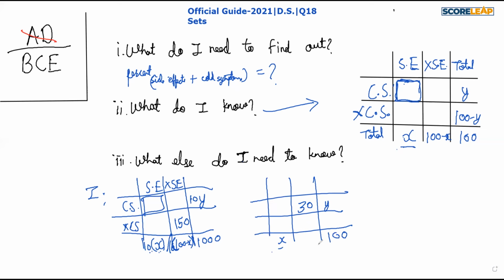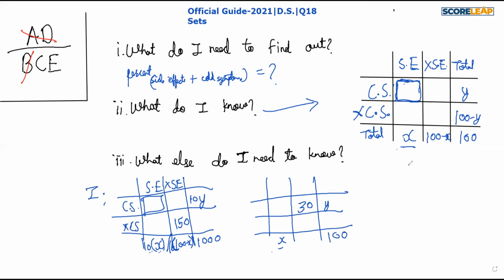Now, if I combine both the statements, we get that there are 1,000 patients. The second statement is not sufficient, so whenever it is not sufficient, we cross it out. This is very important to do. Now let us combine both of them.